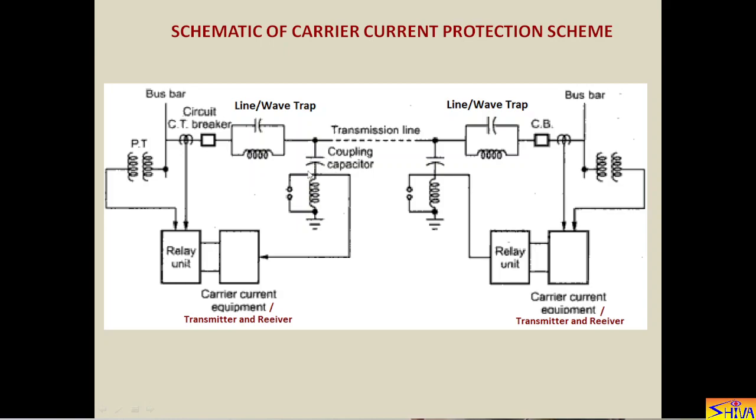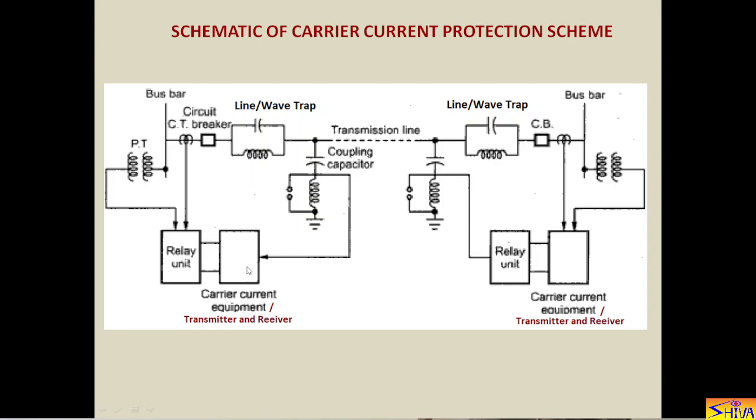Now let us come to the coupling capacitor. The magnitude of this coupling capacitor is selected in such a way that it provides very high impedance to 50 Hz signals and low impedance to the carrier signals. So 50 Hz signals, that is power signals coming from the generator, will not enter the coupling capacitor, but straightaway go to the other end. Similarly, when carrier signals are coming from this direction, it provides low impedance, so they directly go to the receiver unit of this carrier current equipment. So this is for impedance matching, that is for providing low impedance to power frequency signals, and this is for providing low impedance to the carrier signal.